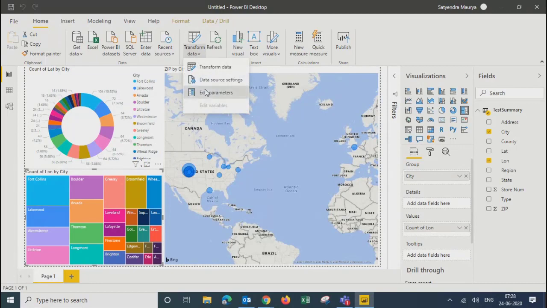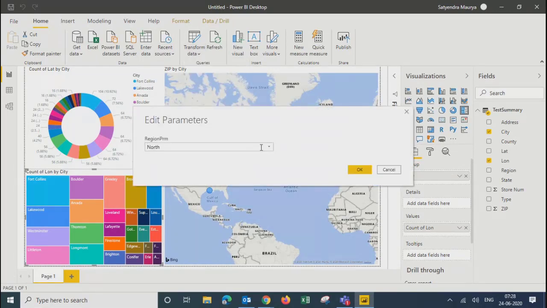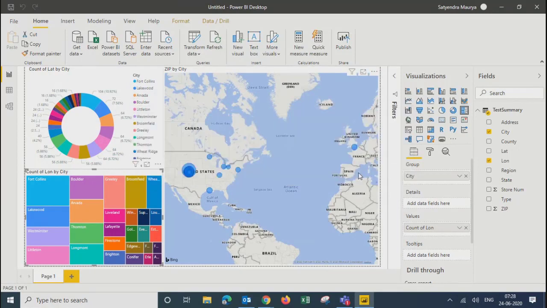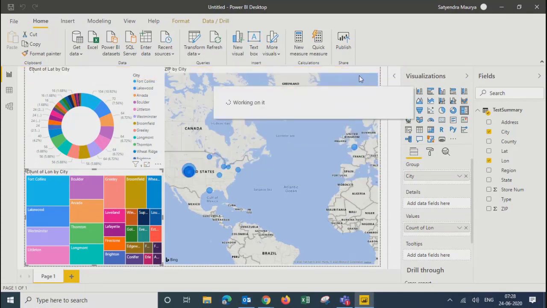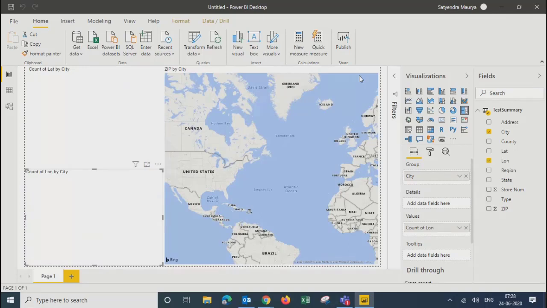Same goes if I select some other value, maybe West, because for East and South there was no data. If I do so, it won't show anything over here. Apply changes. Because there was no data, everything is blank right now. Even the map is blank. There are no signs or data elements.